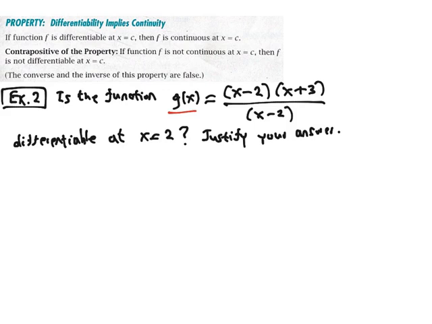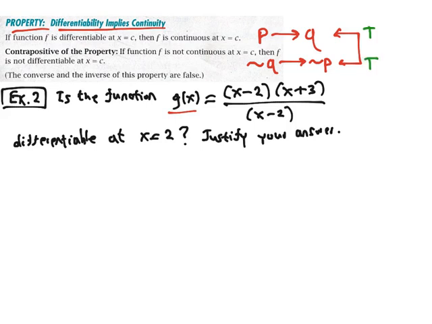The easy way to do this problem is to use the property from this section: differentiability implies continuity. We have a conditional statement P implies Q. The contrapositive of that conditional statement, not Q implies not P, is logically equivalent to the conditional statement, and they're both true. So all we have to do is look at the contrapositive of the property, which states that if a function f is not continuous at x equal to c, then it must not be differentiable at x